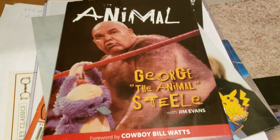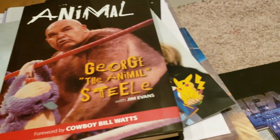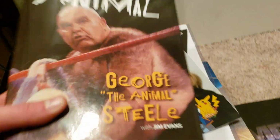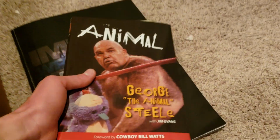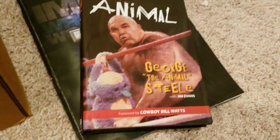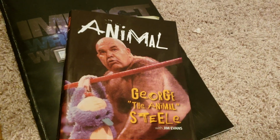I met this guy, George Animal Steele, a few years ago. My dad went to see him. He's an old-time wrestler. He actually passed away, like, I think 6 months ago or a year. Rest in peace. He was very, very interested in me. I mean, very nice person. A lot of interesting stories. And I'm just glad I was able to meet him